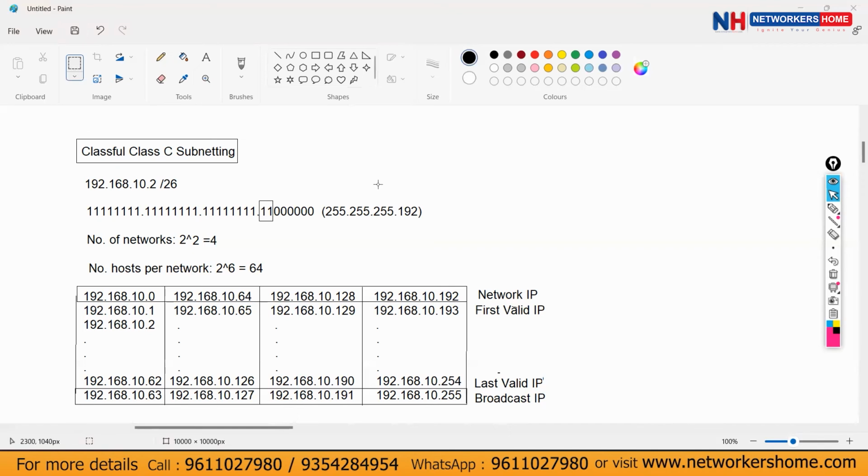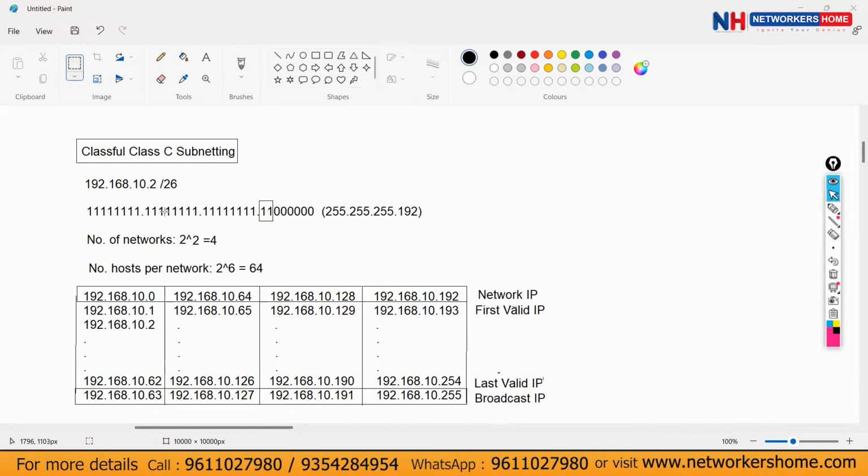According to class C subnetting, the first 3 are network octets, so we need to maintain them as constant. Only the last octet has to vary. The first 3 will remain constant because these are network octets.